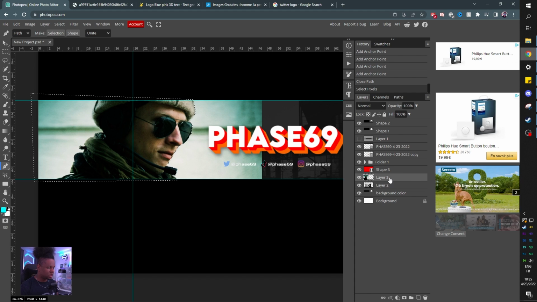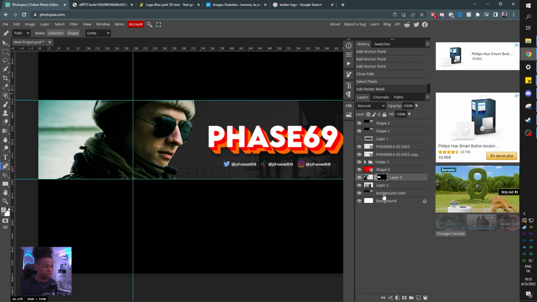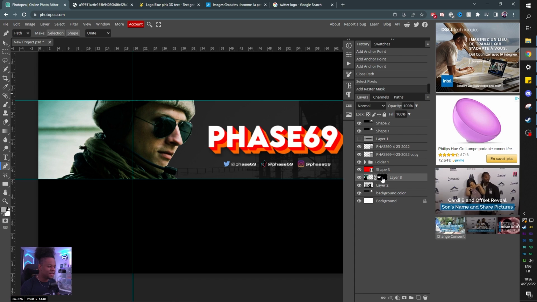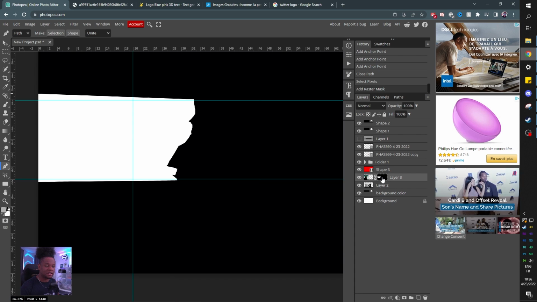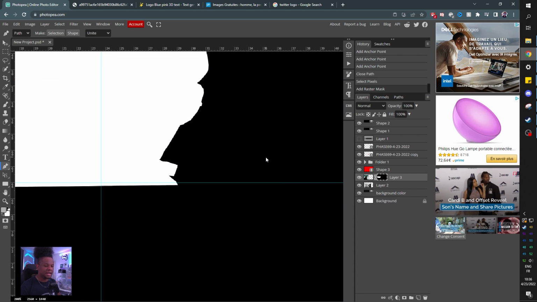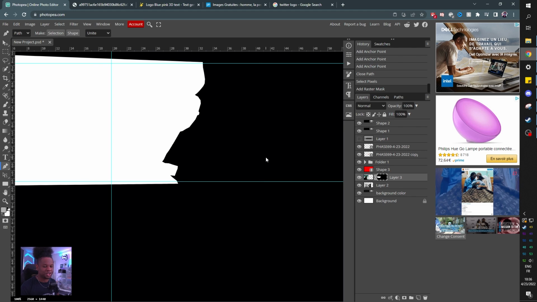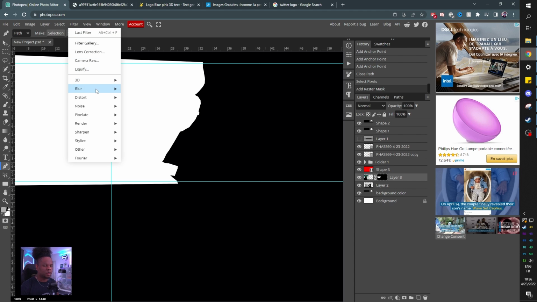And what we can do, while this layer is selected, same thing we did earlier, is create a mask. Boom, and now we have a mask. Now, a mask is completely different from our actual layer. It doesn't affect it, it's just on top of it. If I hold Alt and I click on the mask, this is what we essentially created. And as you can see, this mask is pretty harsh. There are a couple of ways of blurring the mask. There's a blur tool, but that might take too much time. We can go to filter, go to blur and Gaussian blur.